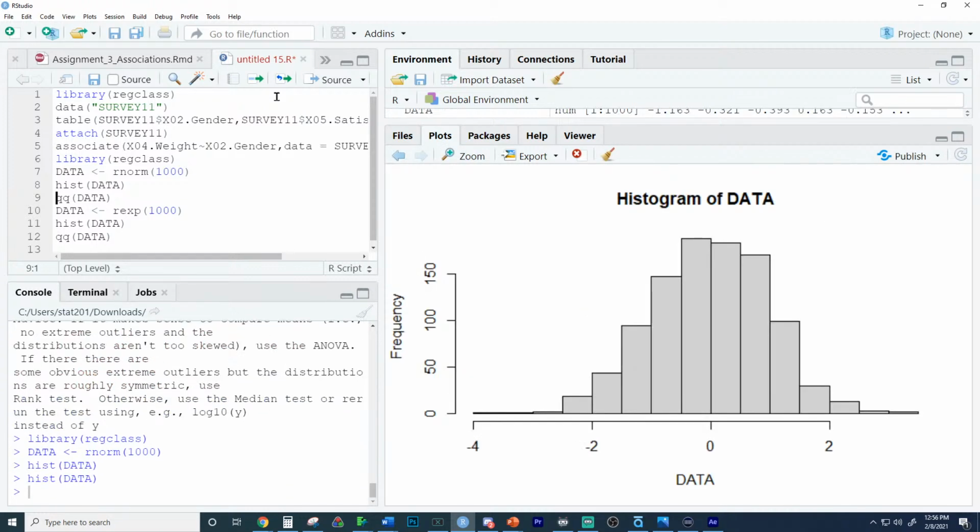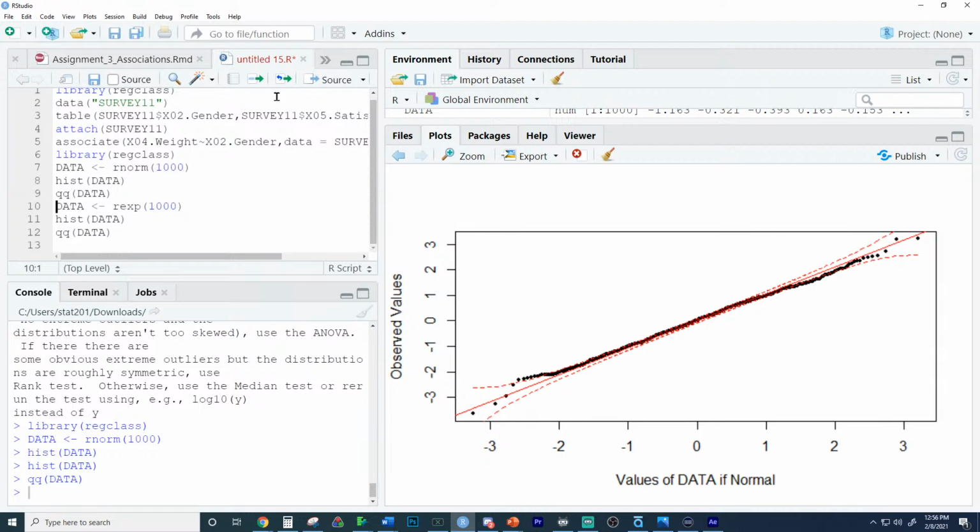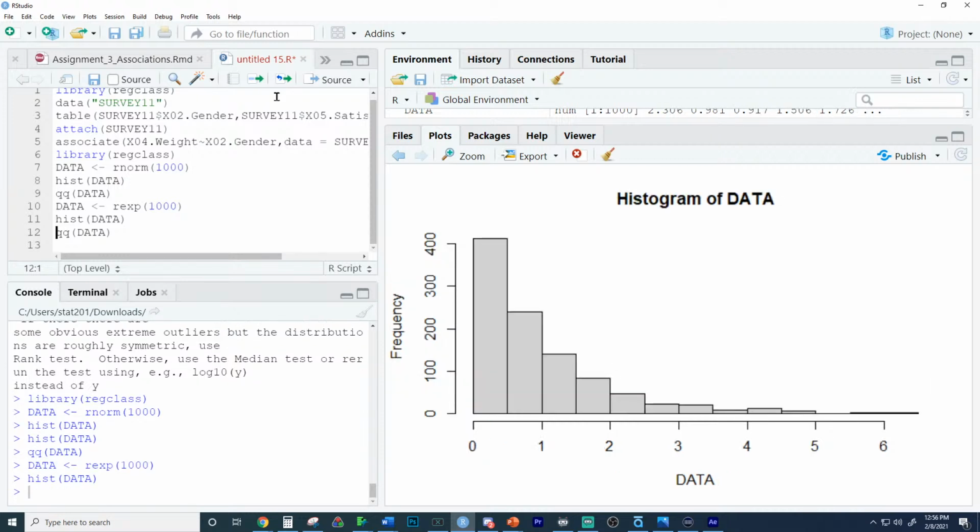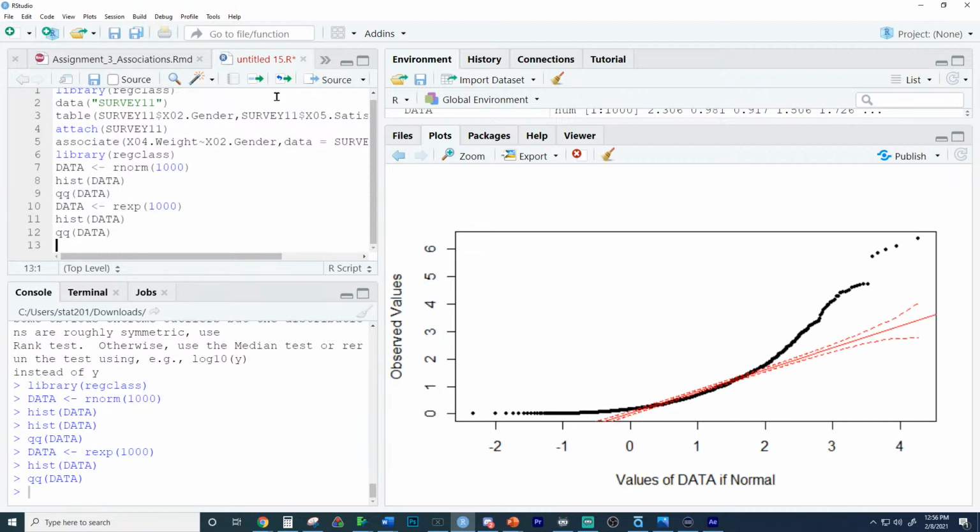And here we go. This is important right here. It's important to see that this is very linear. Now I want you to look at this data, which does not look like a normal histogram. Instead of looking linear, it will not look linear. Let's call this data 1 and data 2. Does everyone see the difference right here